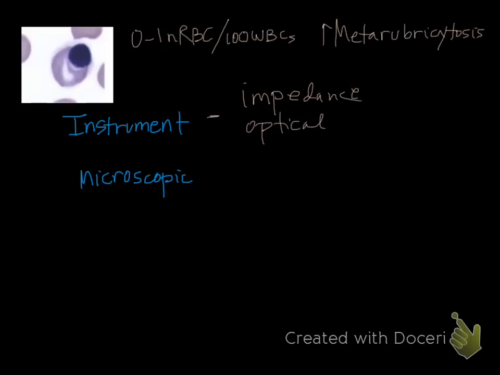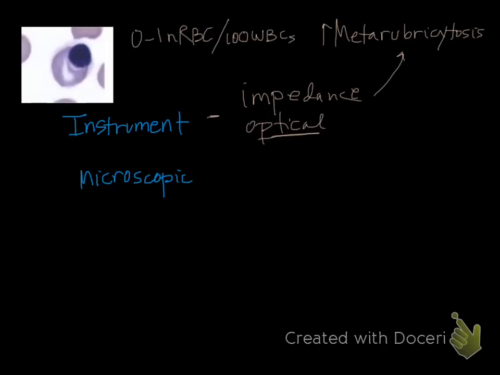Impedance analyzers, I always describe as like a big eyeball that really can't see all that well. It recognizes all these cells that have nuclei, but it can't tell them apart. So an impedance analyzer would count all of these metarubricites, whereas an optical analyzer is like an eyeball with a really great pair of glasses on and can tell the difference between white cells with nuclei versus these nucleated